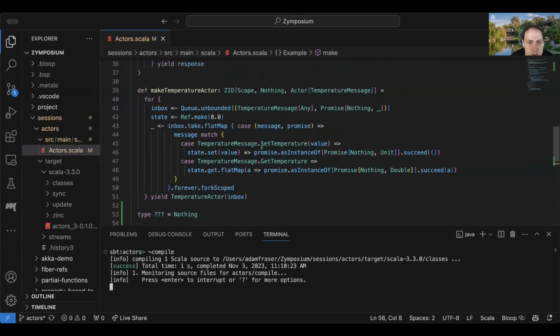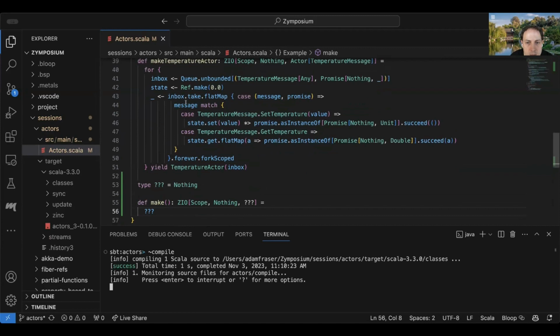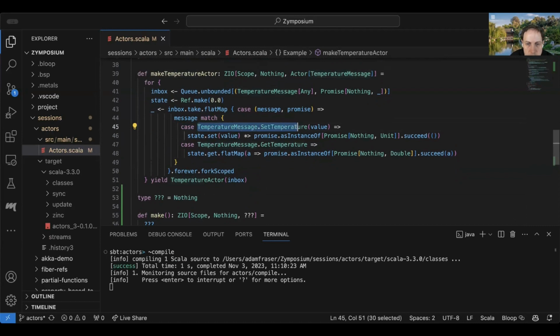Okay, so let's then think about what this thing is doing. We're basically saying based on a message, we want to give some type of response. Or basically we're passing that through the promise, but that's a little bit of the machinery. We're taking in a message. We're giving back a response.